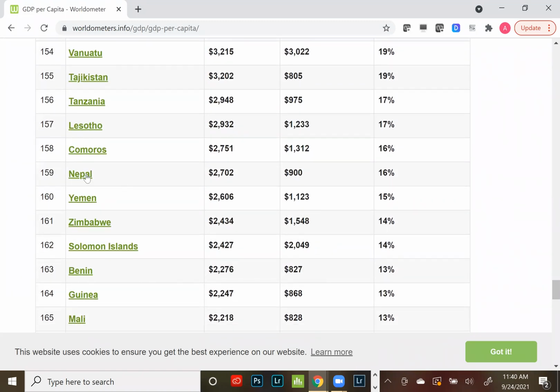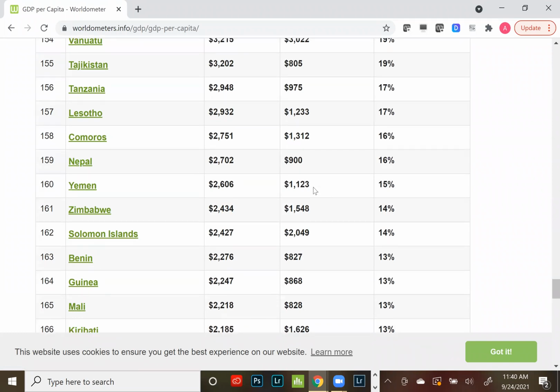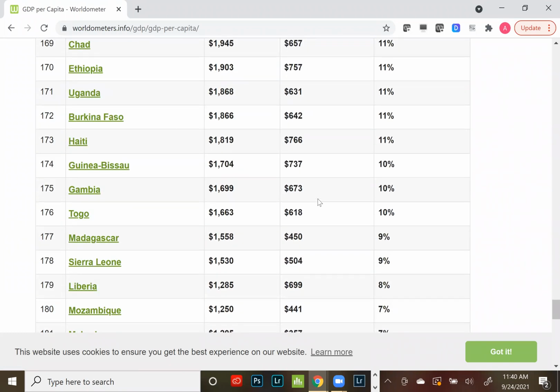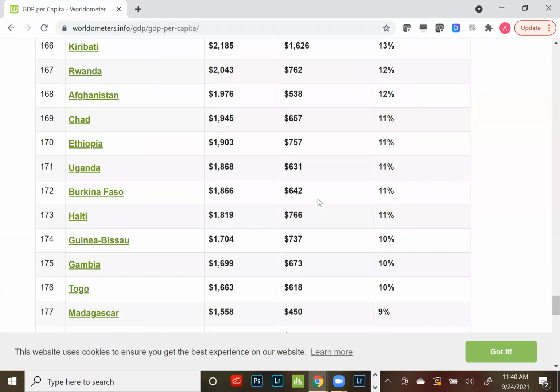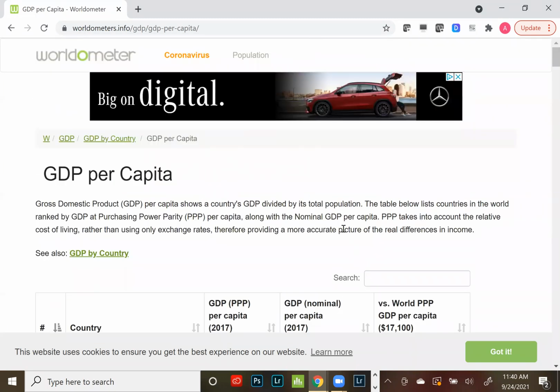Well, let's just say, look at this, Nepal, $900. I don't know how they survive. I really don't. But yeah, so the numbers are all over the place here. But anyway,